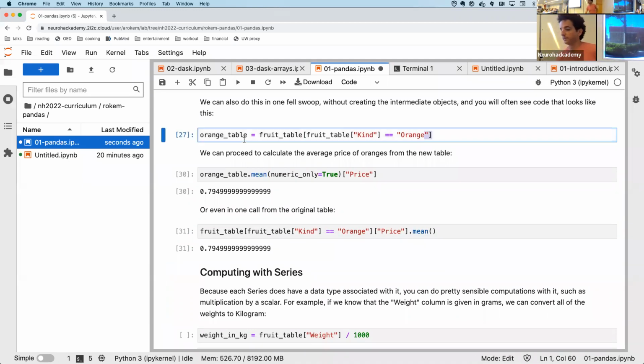So, for example, you can imagine that you have a vegetable table that has the same number of rows. And Pandas would allow you to index on vegetable table kind equal broccoli, even though it's a different table, if it's the same number of rows. Is there a way? Yeah. Although that's